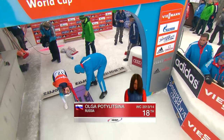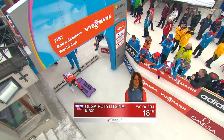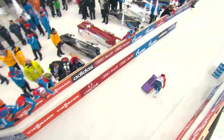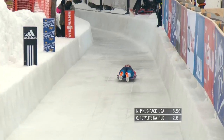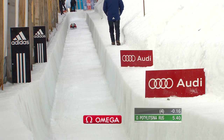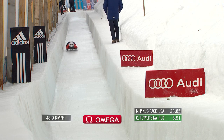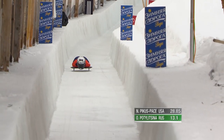Great-looking helmet from Russia's Olga Potilitsina. Of course, the red, white, and blue of the Russian Federation, and on the back, Taz, the Tasmanian Devil. Not quite sure why she's adopted him as a bit of a hero. Maybe she enjoys chewing her way through furniture as well, who can tell. Big kick from her coming out of the groove to try and get her on that kink one. Not sure why she kicked the ice so hard, but...